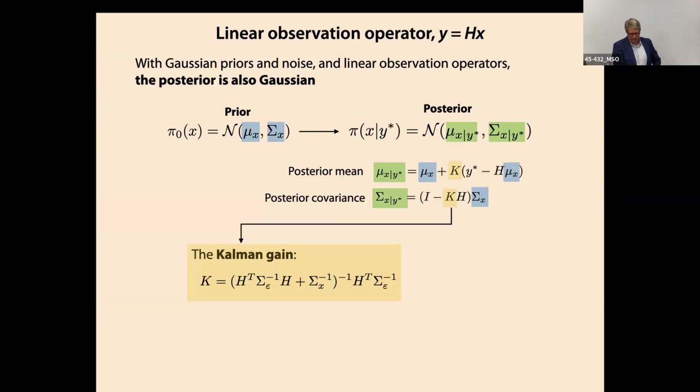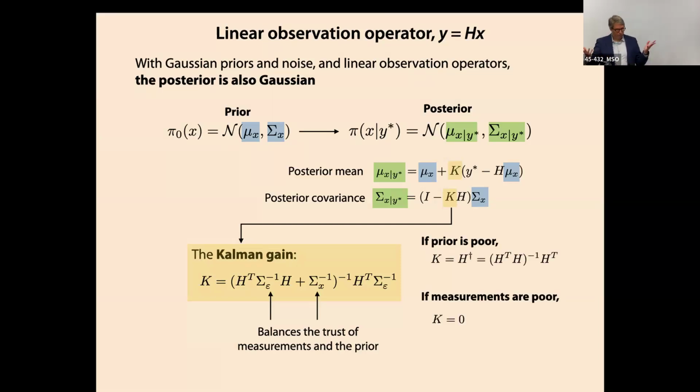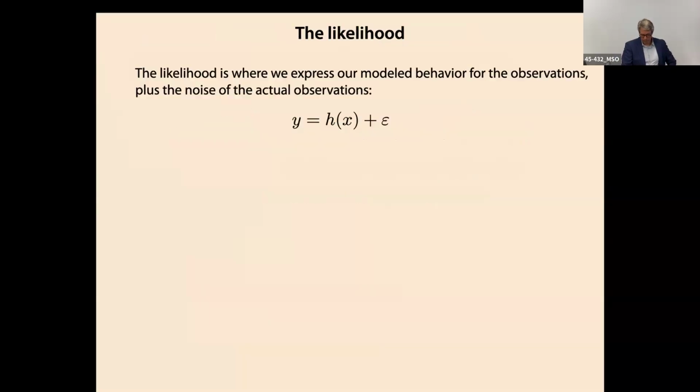And the Kalman gain has this very nice, I write the Kalman gain in a particular way here, because what it's showing is it's balancing trust between what I knew before and what the sensors have now told me, right? So if the sensors are noisy, then it's going to rely on what I knew before, or vice versa, right? So if the prior is poor, like I start with almost no knowledge of anything, right? Then this relies on the sensors and it basically just becomes a pseudo inverse here, okay? So it becomes very easy to deal with. If the measurements are poor, then I instead just rely on what I knew before. My prior becomes, oops, sorry.